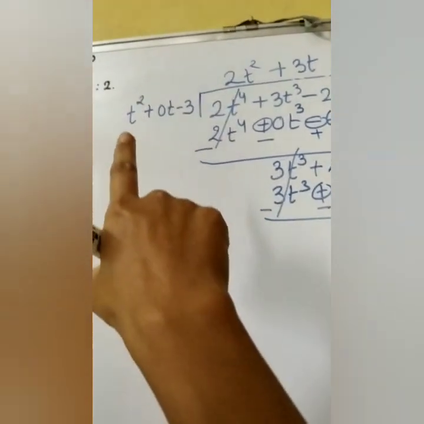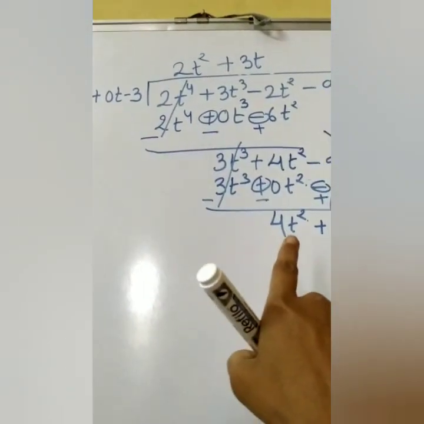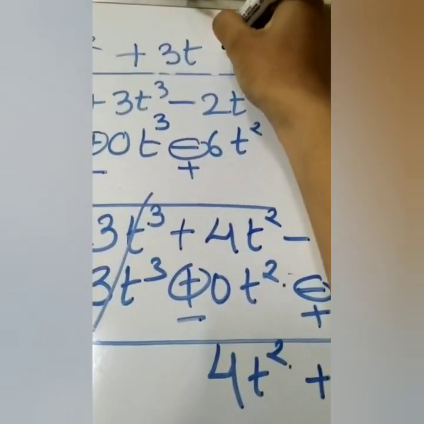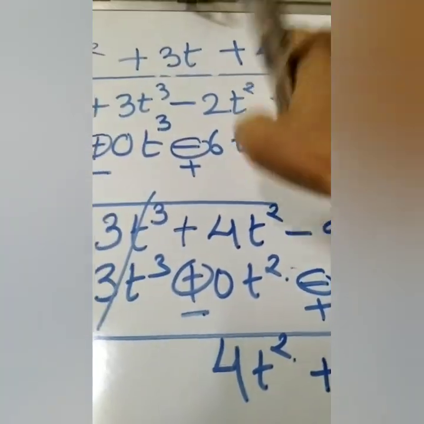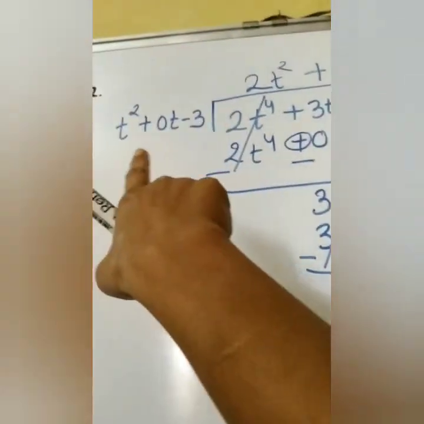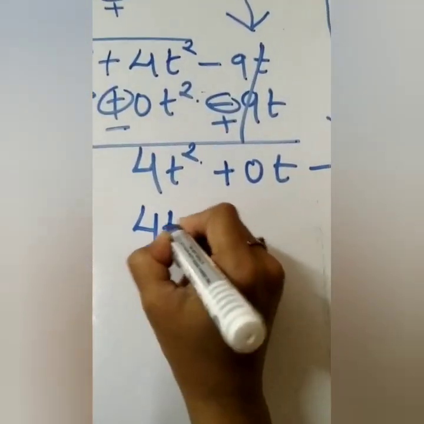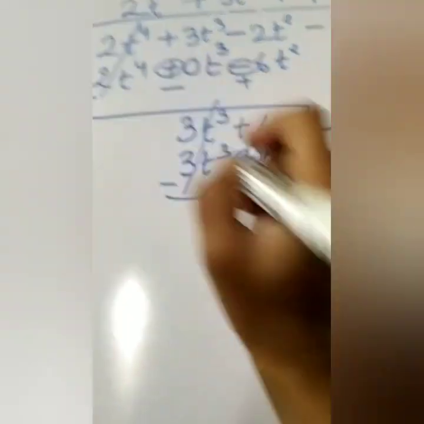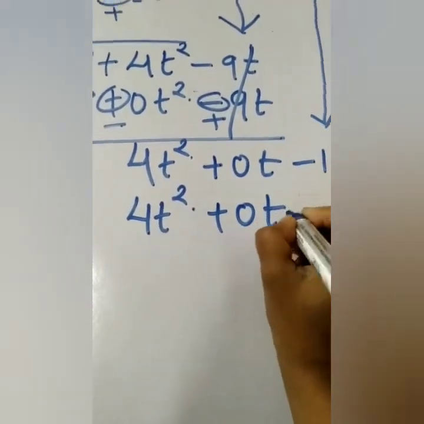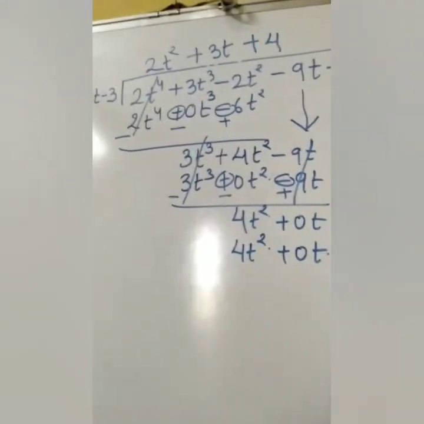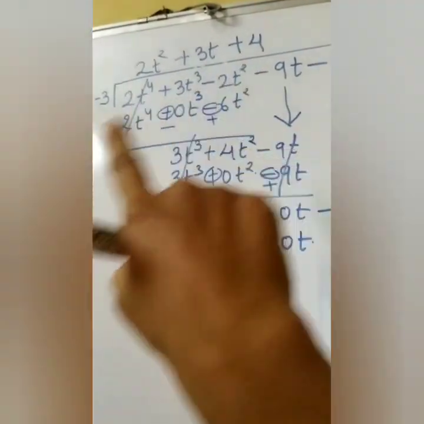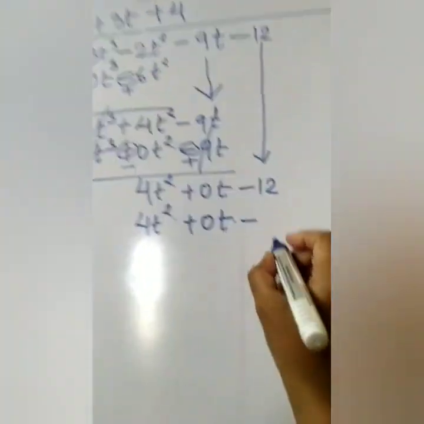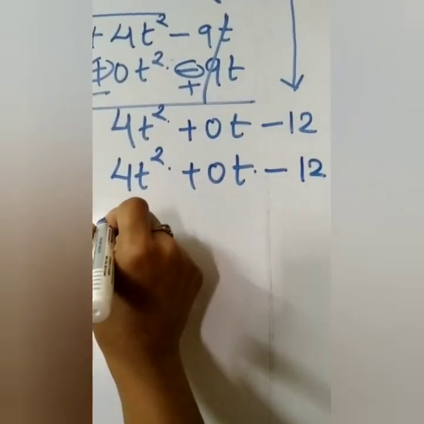So now here we will see our question. It is t square and here also t square. We want 4, so we will simply multiply it with plus 4. So 4t square will become 4t square. Plus will be plus, and if we multiply anything with 0 it will become 0 only. That is plus minus, it will become minus, and 4 3s are 12, so we will write 12 over here.